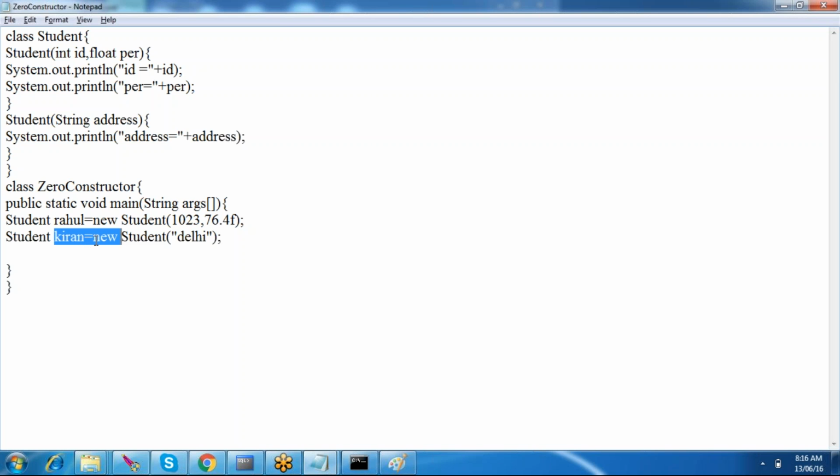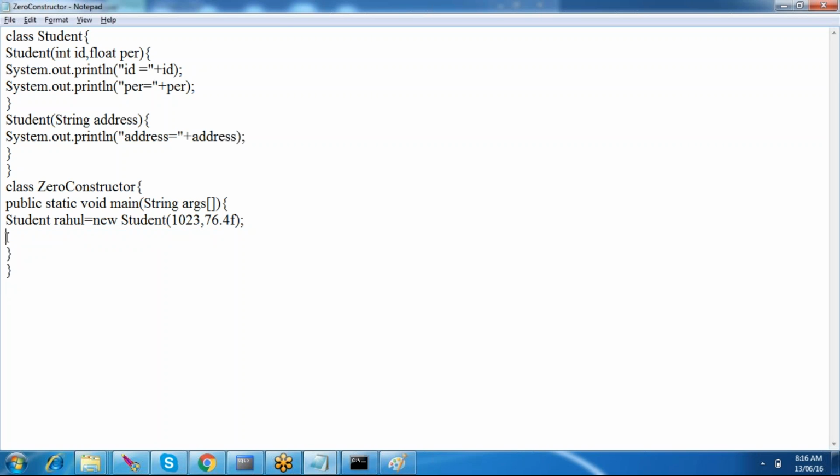Separate objects are getting created for a single student. Is it correct? No, right? Here the memory is also getting wasted, like multiple times you are creating the object. Suppose I have a five parameters constructor, you can't create five objects for a single class. Then a lot of space and memory will get wasted, right? So in order to overcome this,